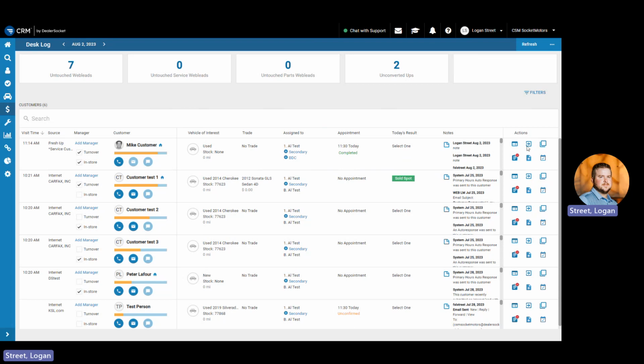To the right of that, we have actions. So if you are utilizing DealerSocket's desking tool, this icon will be open and you'll be able to go to desking from here. If you're utilizing a separate desking tool or you're desking in your DMS, we can push to DMS right here from the desk log. My recommendation is that sales managers should push deals. I don't believe that